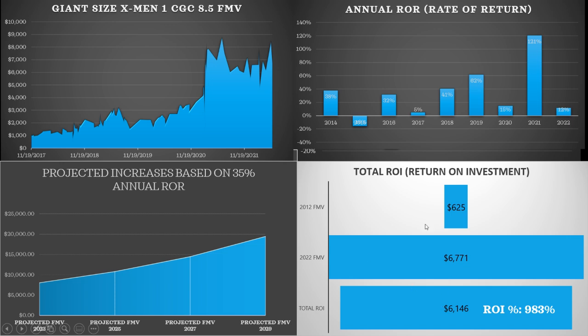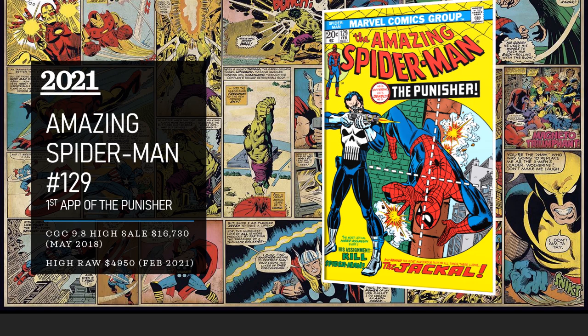If you purchased this book back in 2012, you probably purchased around fair market value, $625. If you sold it today, your profit roughly would be somewhere around $6,146. That is a 983% increase in value. So again, over the last 10 years, comic books have been soaring for the most part. It's nuts, right? All right, folks, the next book we are going to look at is Amazing Spider-Man number 129,